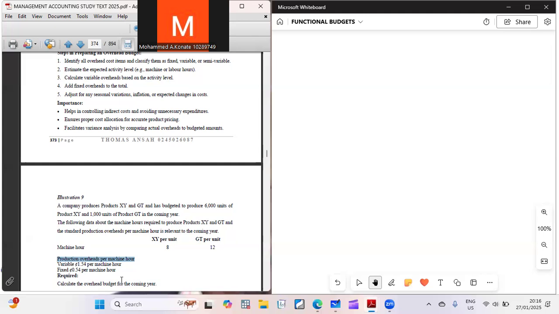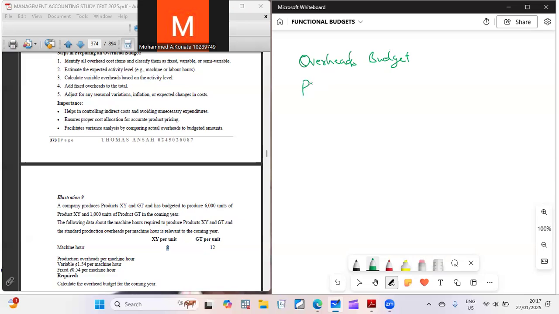It's a simple thing. If you take the machine hours, it is 8 here, and the machine hours here is 12. So when you are doing the overhead budget, like I said, you will need the variable overheads and you will need the fixed overheads. So if you pick, for example, the product PS,